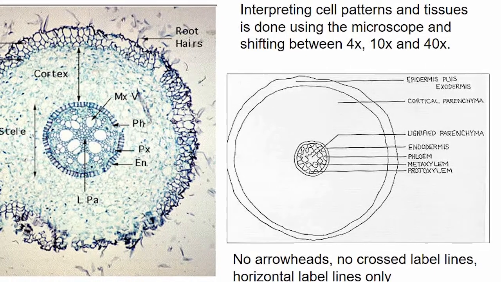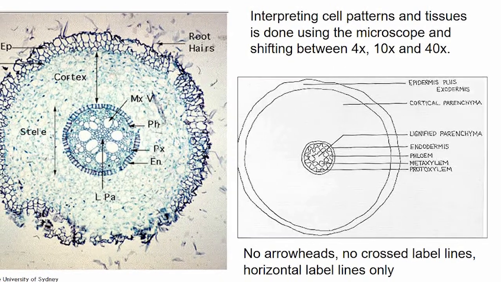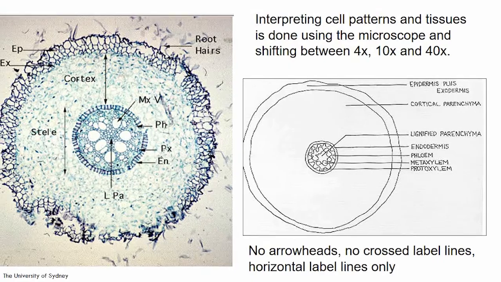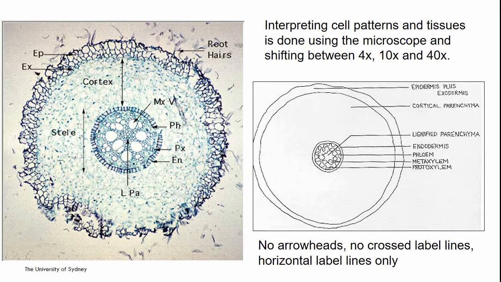So a map diagram is really a tissue map diagram. And up until about 10 years ago, we used to assess students' ability to draw exactly in this way, and we still encourage students to draw in this kind of shorthand way. So if you see on this slide on the left, there's a lot of cells in here. You see that those cells are absent in the map diagram, but there is a label that's very descriptive, cortical parenchyma. Kind of means that every cell that you see in this region just looks like a parenchyma cell. So you don't need to draw it. You just need to declare what sort of cell type you think it is and the region in the transverse section. Again, this is of a root.